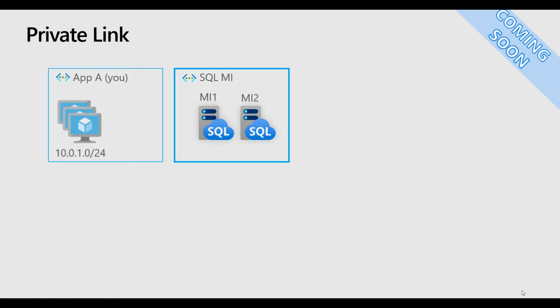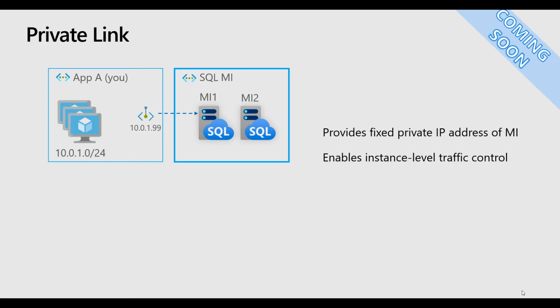Now imagine that we have an application with its own network and its own IP address range. Now if we have a private endpoint within this network with an IP address assigned from the local IP address range and then pointing to a specific MI, now we have two benefits. First one, from the perspective of the application, we now have a fixed private IP address of this managed instance. But this also enables more granular traffic control, because now application A has access only to managed instance